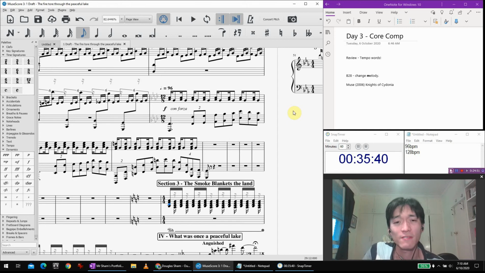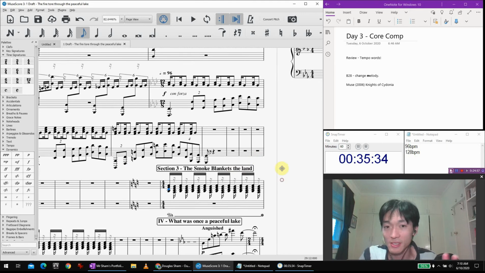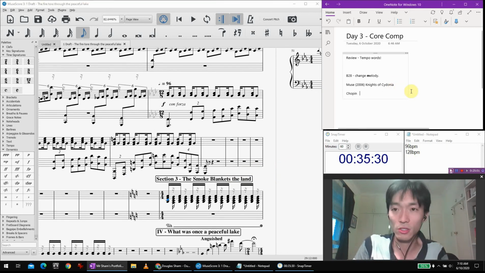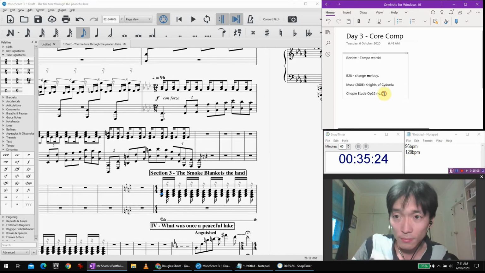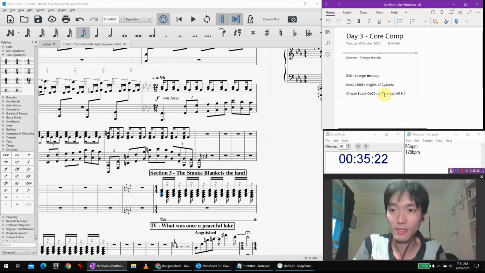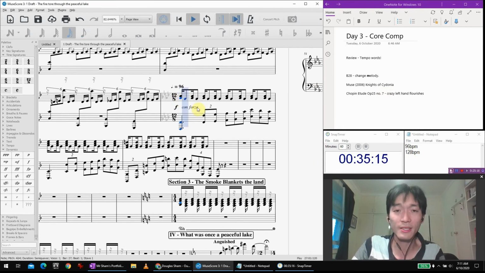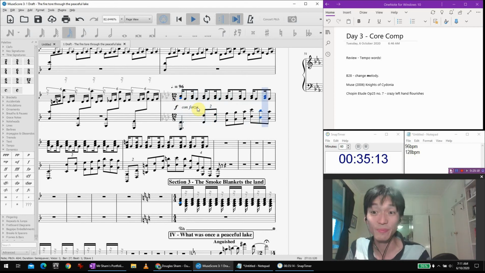It's either 5 or 7 or something, and it's got a crazy left-hand bit which starts slow and gets faster and faster and faster. So I guess I draw some of my inspiration from there. I'll write that down as well. Chopin Etude Opus 25, number, I don't know, 7, let's say. Crazy left-hand flourishes. So yeah, it's interesting identifying where you get your inspirations from.